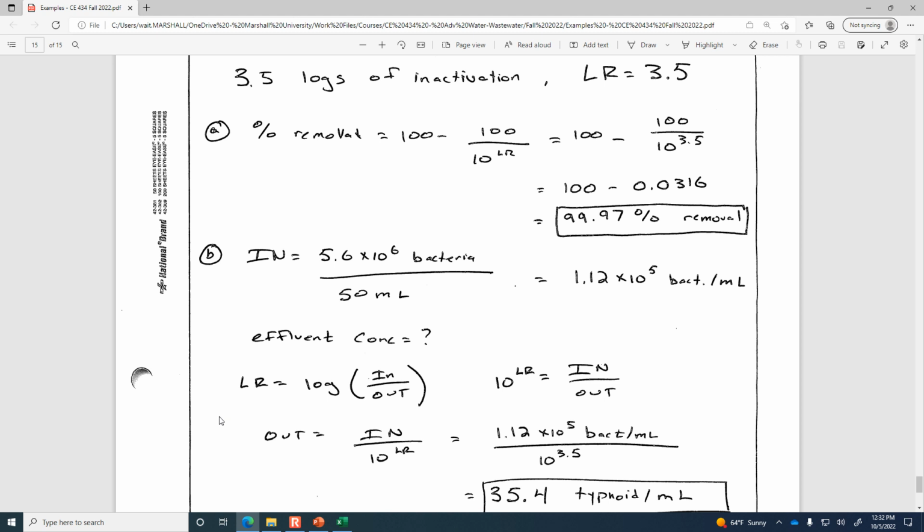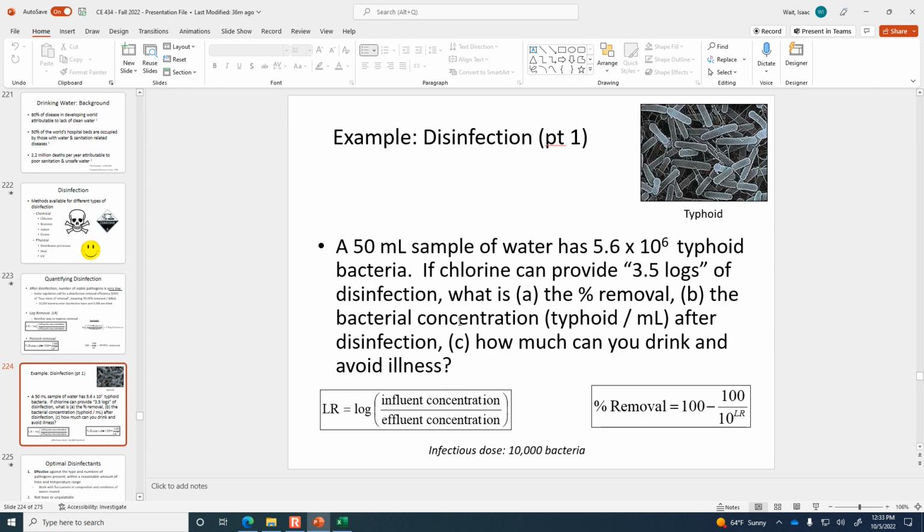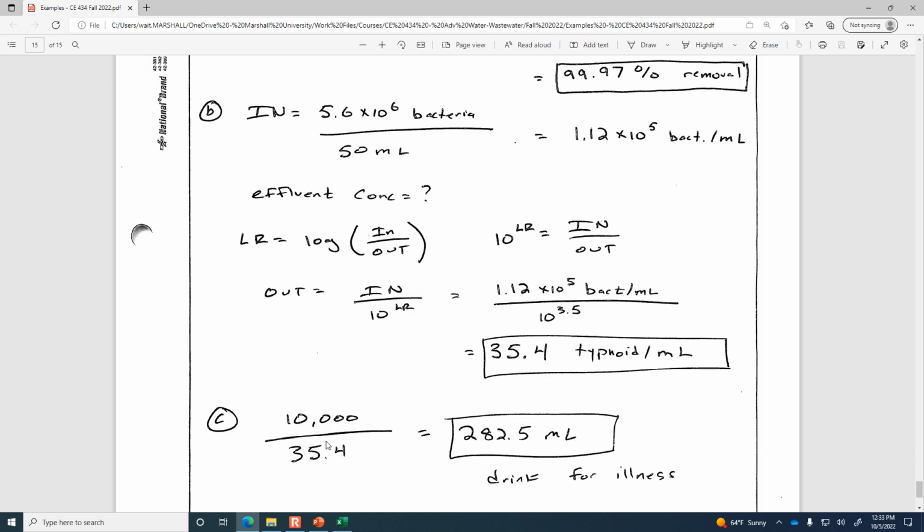Okay. Any questions so far? All right, so then the last part that it's asking here is how much of this water after disinfection can you drink to avoid illness? So what could you get away with and not quite achieve that infectious dose? So it turns out that if it takes 10,000 to get sick, and it's 35.4 of these for each ml of water, then you can drink 282.5 ml. That's the borderline. If you take one more sip beyond that, and you've got that magical 10,001 typhoids, and you're going to get sick,